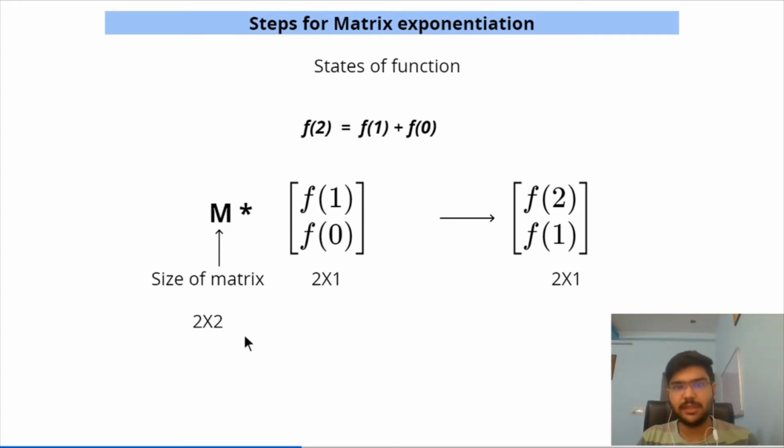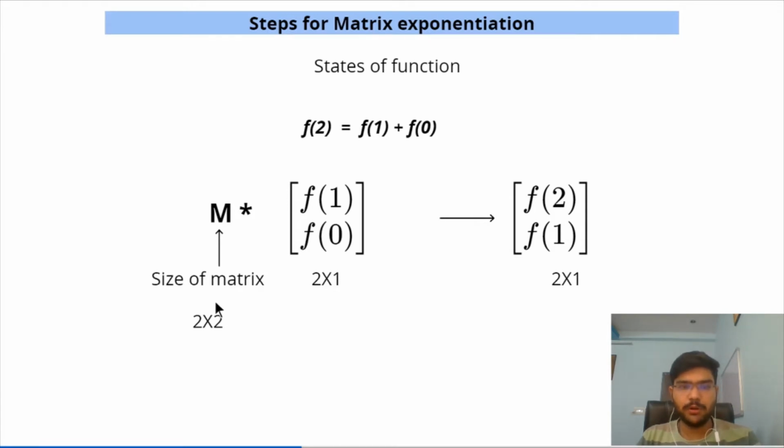It is very important to note here that the size of matrix M will be 2 cross 2. As we have seen in the property, we can multiply when the number of columns of the first matches the number of rows of the second. The number of rows of this particular matrix is 2, therefore the number of columns of M must be 2. And this final matrix has 2 rows, so M must also have 2 rows. So this matrix must have size 2 cross 2. This is one of the important conditions you must keep in mind.